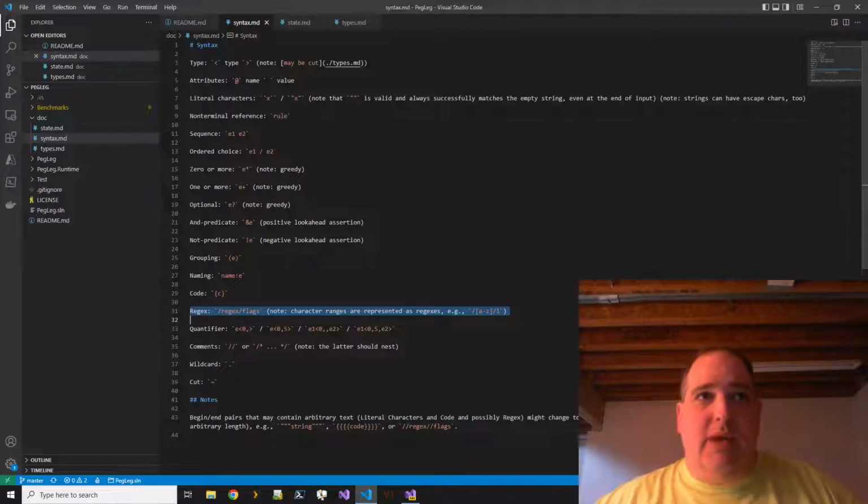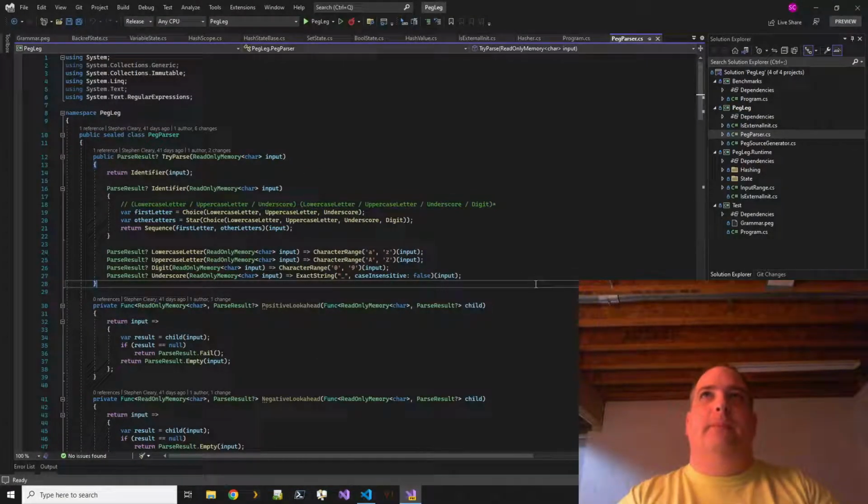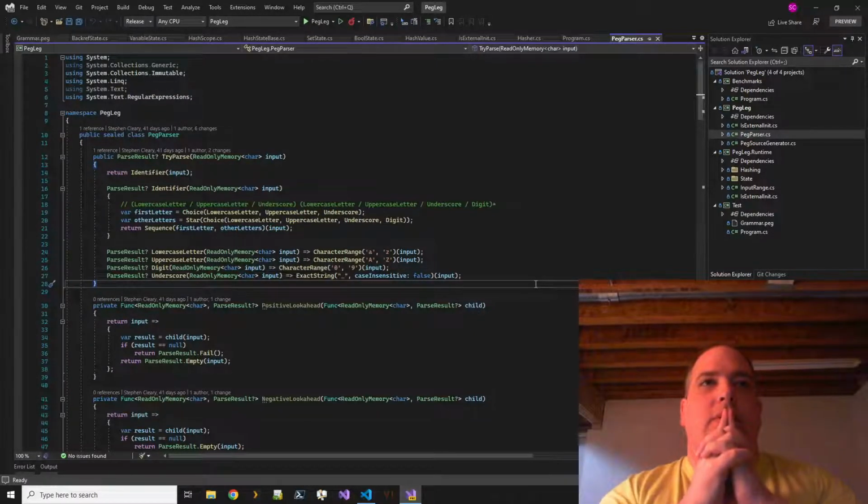So I think I might start with regular expression support, since that is going to be our tokenizer, so to speak. But really, I think actually first I need to do